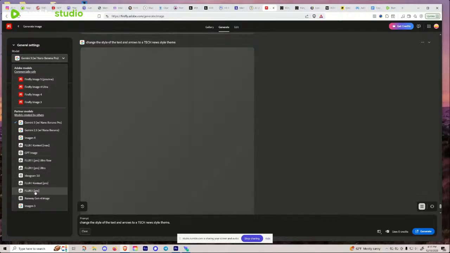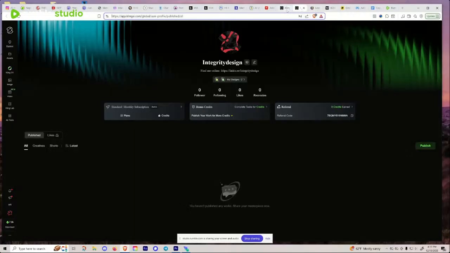There are some AIs now that are also censorship friendly, and you can generate adult type images if you wish to. Those ones are a different story altogether, so today I'm not going to be covering those. I'm going to be looking specifically at Kling AI because they have a new feature out. It's called Omni. When you first log in, it's right over here, one of their newest things. I think it came out just this week.